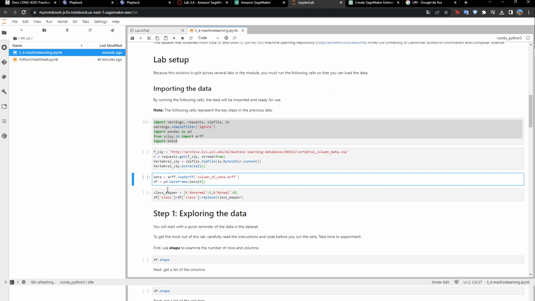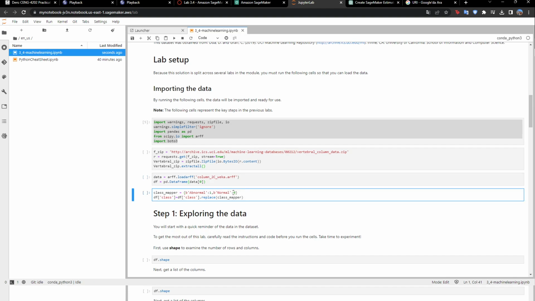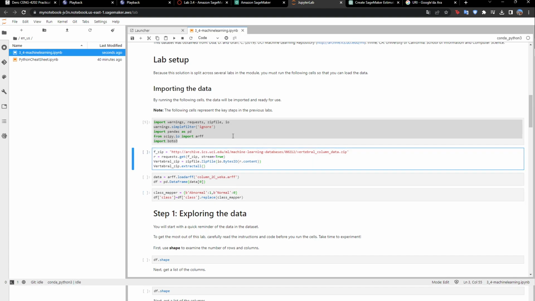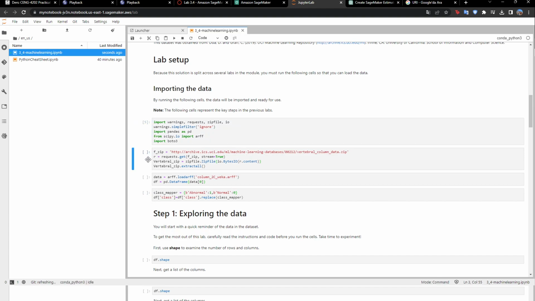For our case, the class mapper for abnormal cases will be 1, and normal cases will be 0. It means that we are using binary classification. So let me just run these code blocks